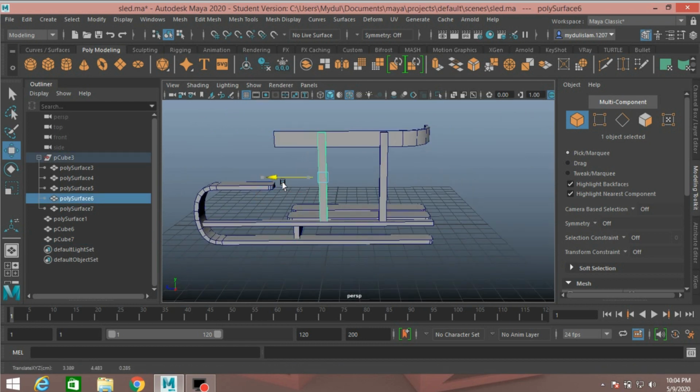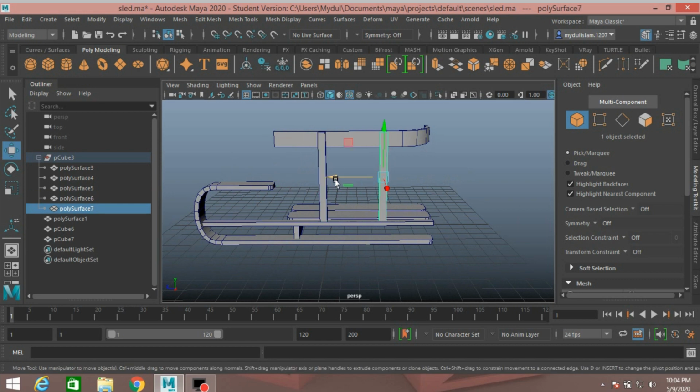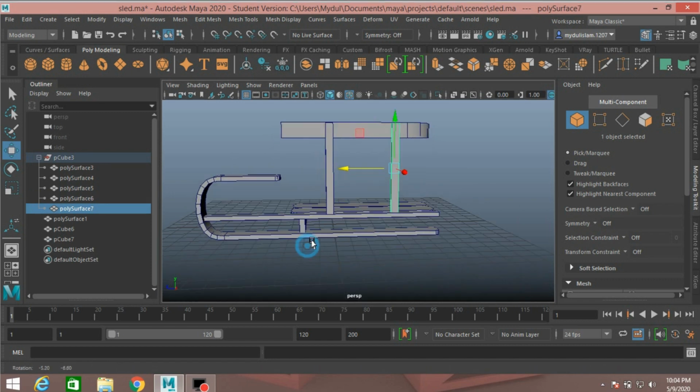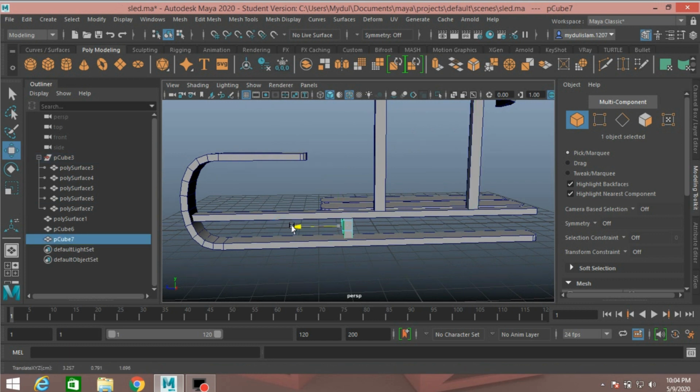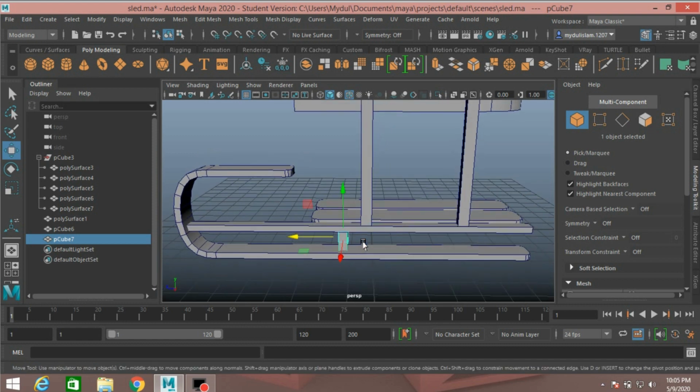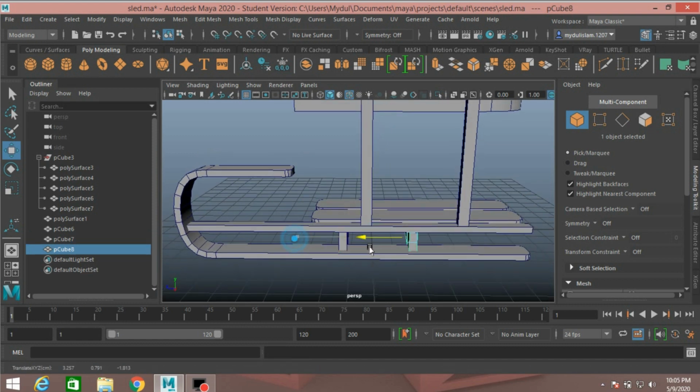This one here, this one here, this one here. Press Ctrl plus D to duplicate it and move it just here.